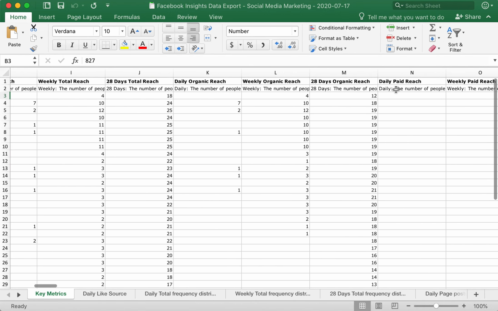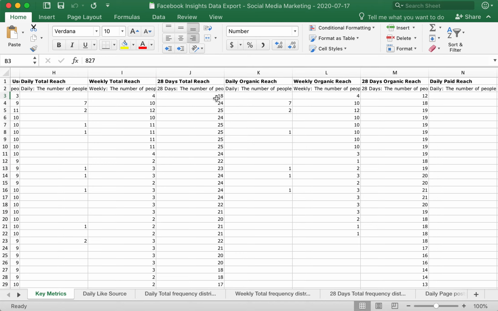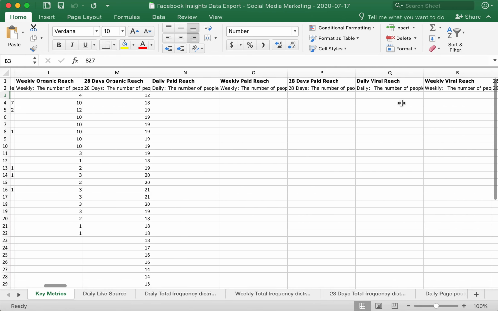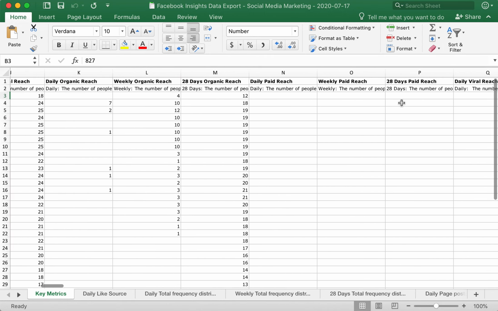That's why you'll see that my weekly total reach and my weekly organic reach numbers should be similar. Now I don't know why the 28 days total reach and my organic reach numbers are slightly different from each other. I'm not aware of the reason for this. I will have to look into this because, as I said, I do not have a paid campaign, but it